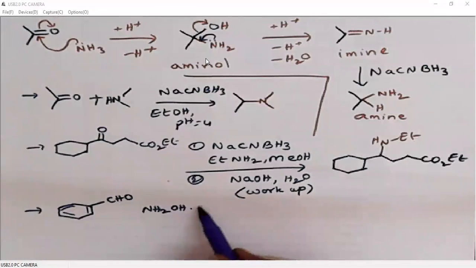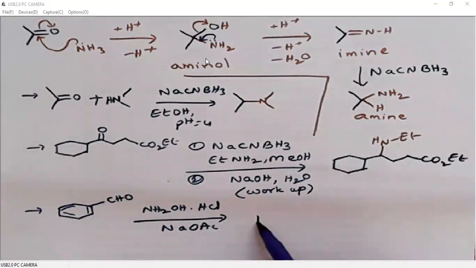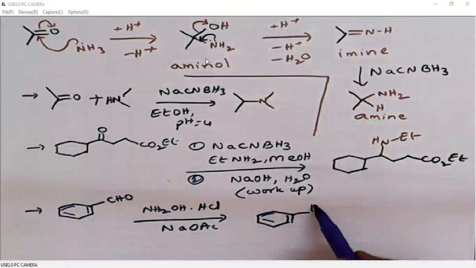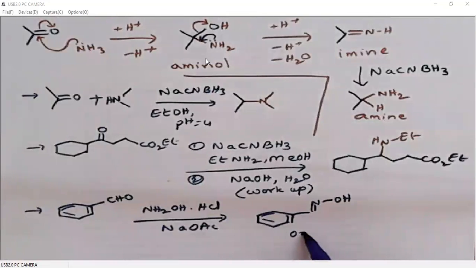This is called hydroxylamine. Hydroxylamine is generally available as a salt of HCl, hydroxylamine chloride. When we treat an aldehyde with hydroxylamine, an amine, it generates a Schiff base, an imine, right? In this case, we call it an oxime. This is called an oxime: C double bond N and OH on the nitrogen.